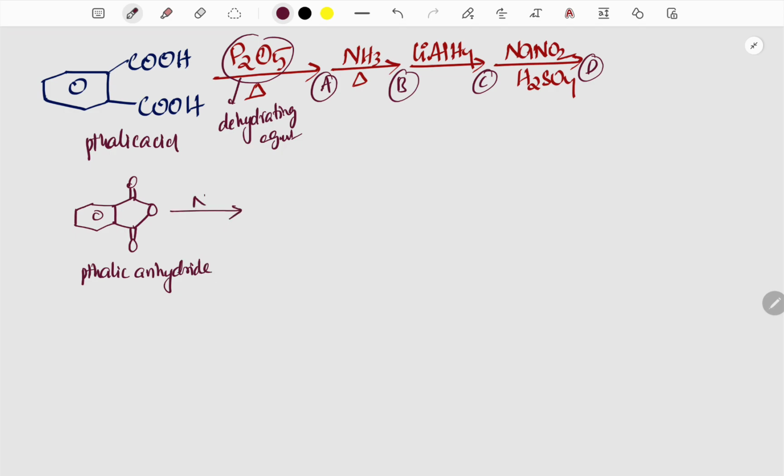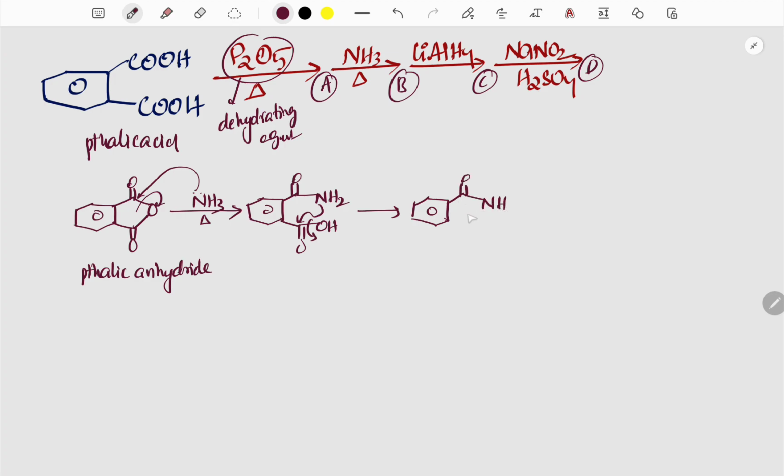Now it is treated with ammonia and heat. So we know that ammonia reacts with phthalic anhydride through nucleophilic substitution and forms the corresponding product like this. And again it undergoes nucleophilic substitution, and finally the product is phthalimide. It is the structure of B, and this phthalimide is treated with